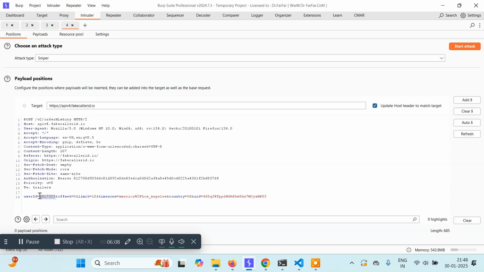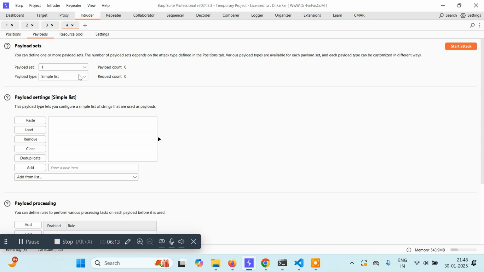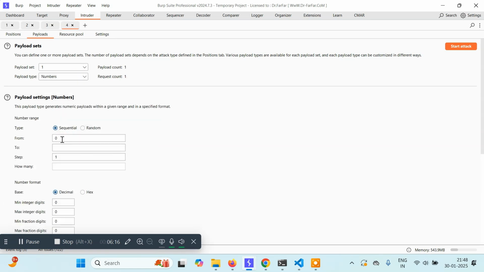I'll set the payload position here, click it and then add. And I'll come to payloads. Again, we'll select numbers, then from, and then I'll again start from, let's say, 0000, and I'll end on, again, 7323. You can end on 7999 or 8999. It's totally up to you. Okay. So let's check for 1500 payloads. Okay, 1500 user IDs. So I'll click on start attack,